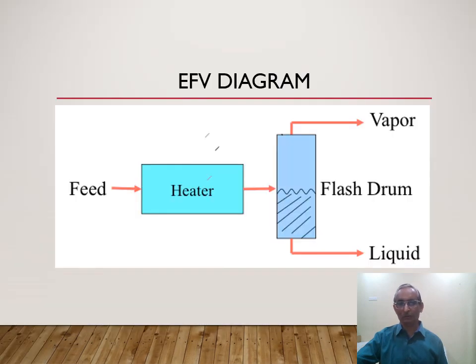In short, this particular diagram explains it. At the center we have shown the flash drum. At the center, we have the liquid and this is the vapor. Let's say that equilibrium is reached. When equilibrium is reached, this is the coil, and that particular quantity you are going to heat with respect to temperature. Immediately the pressure is released after equilibrium is reached, and vapors and liquids are collected. How much liquid quantity is collected? Note down the temperature, because we require only the volume percent distilled against the temperature.